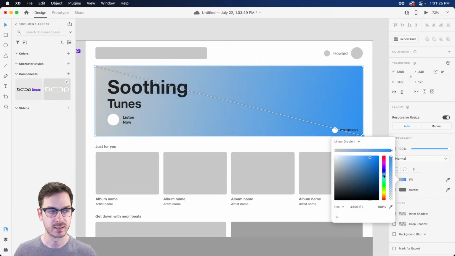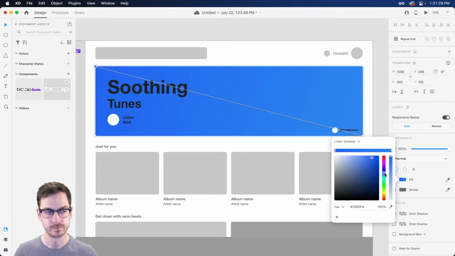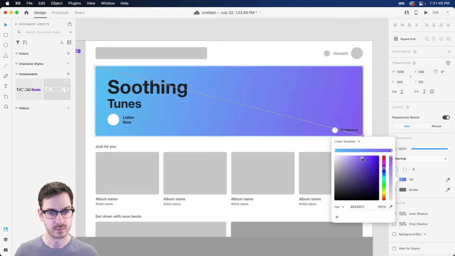So we might want something like, actually, let me do the blue in the top left-hand corner. Something like that. And then in the bottom right-hand corner, we might want to do basically the same color, but adding a little bit of purple to it, right? I'm going to bring out some of the color like that. Something along those lines. Again, you want to make sure your gradients are relatively subtle.